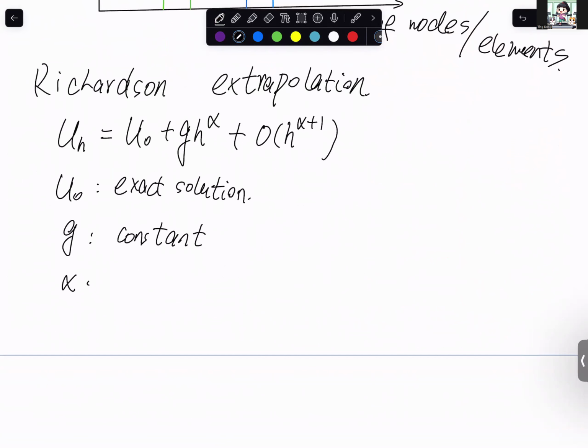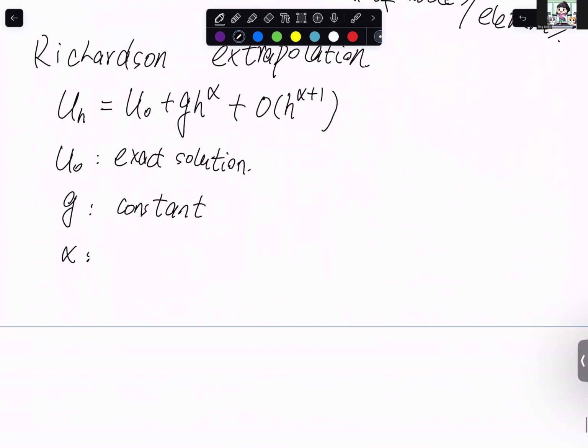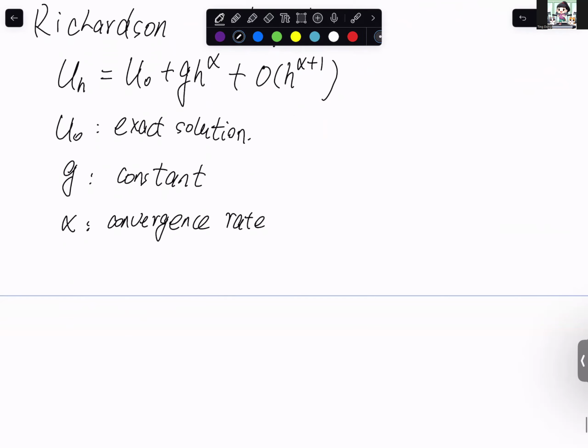Alpha is convergence rate. And of course, higher alpha means higher convergence rate. But most of the time, the convergence rate is between 1 to 2. The convergence rate is greater than 1 and lower than 2. And in your project, of course, the convergence rate between 1 and 2 is based on the condition that you